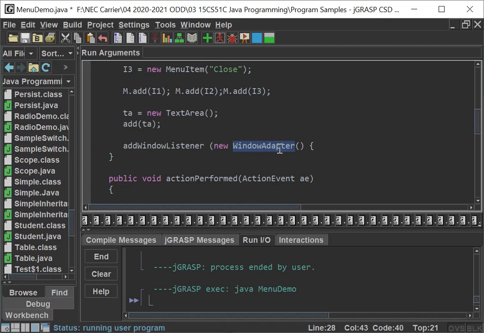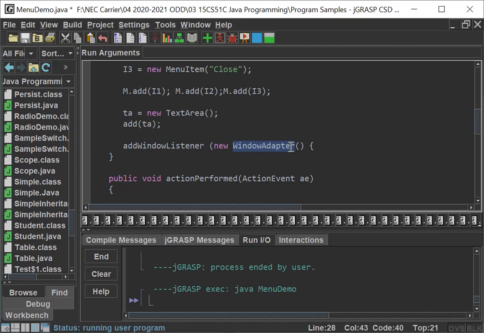Because the listener is an interface, it has some 7 abstract methods. Without any class, if I try to utilize that particular listener, it will ask that all the methods should be overridden. So I need to give 7 method names without definition. It is overburden work for me. In order to avoid that, I have used one new class, window adapter.